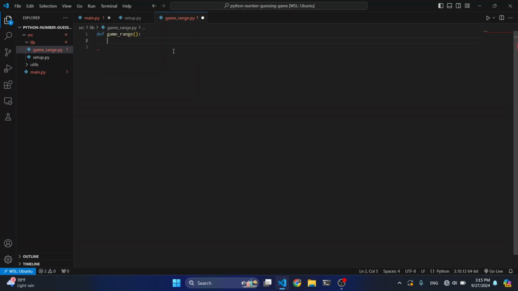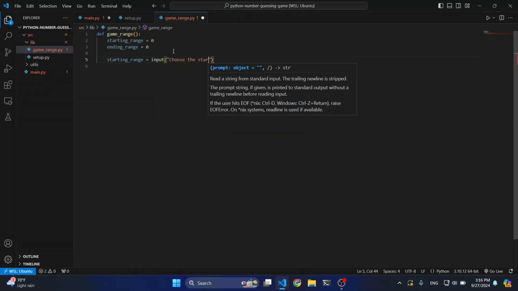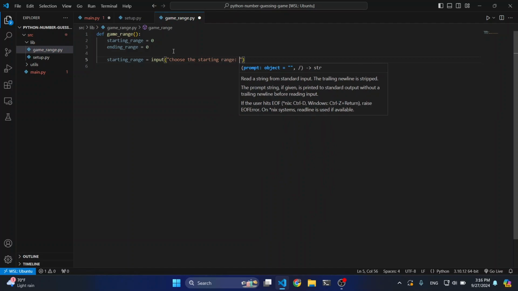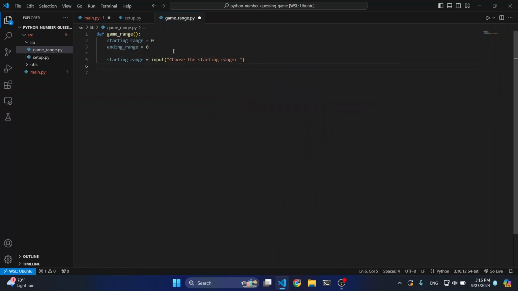Now that we have the game range, we have to write the logic. First of all, we have two values, the starting range and the ending range. For these values, we want to ask the user to input them. So we're going to say starting range equals input, choose the starting range, and the ending range too: input,